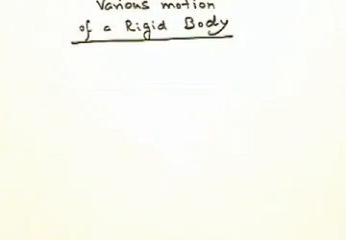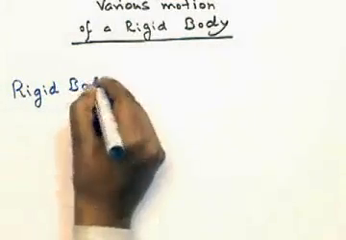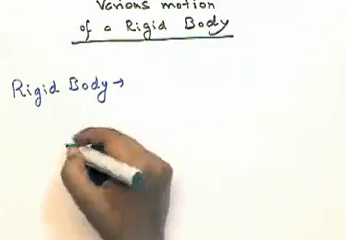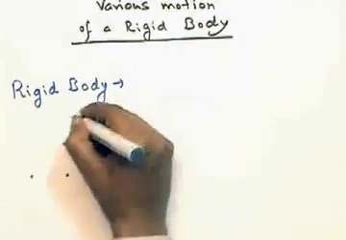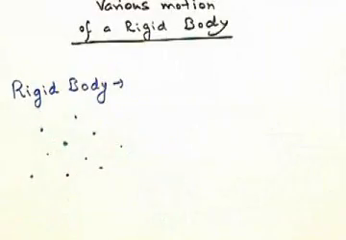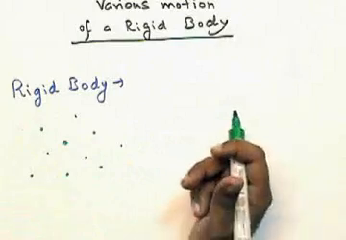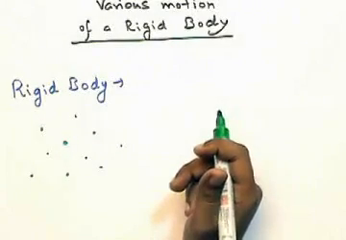Motion by a rigid body. In this, the important word is the rigid body. A rigid body is a body such that if there are n particles, all these n particles are free to move at whatever velocities they acquire according to the forces applied on them,